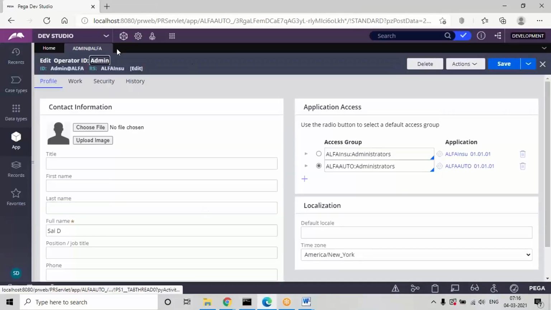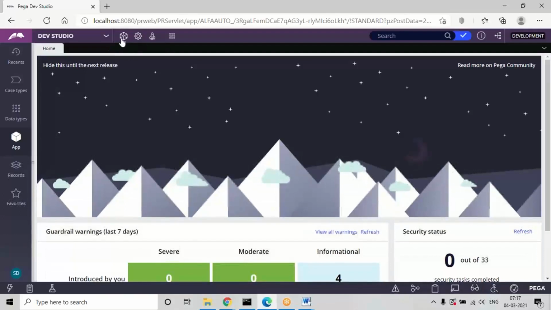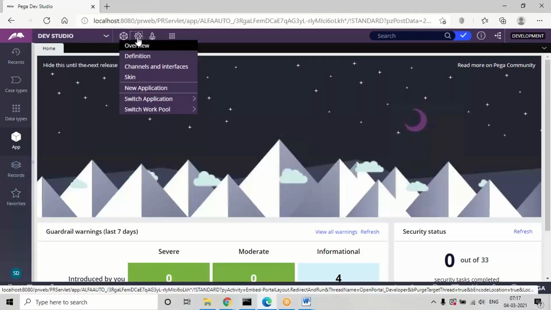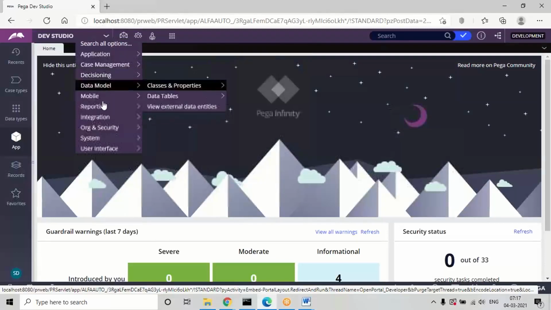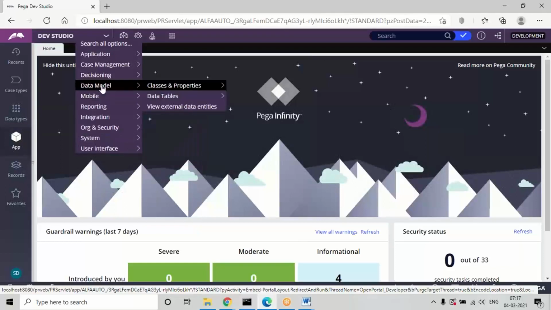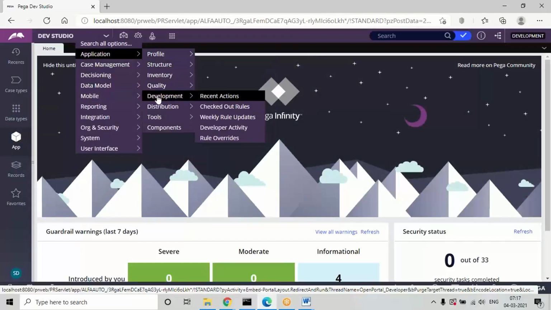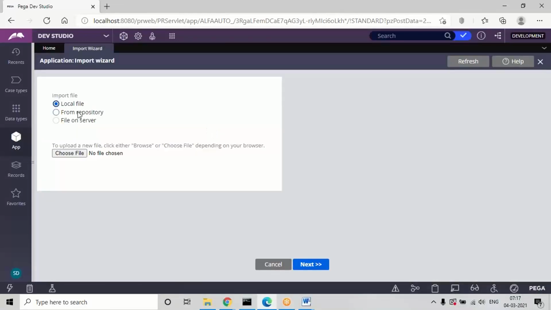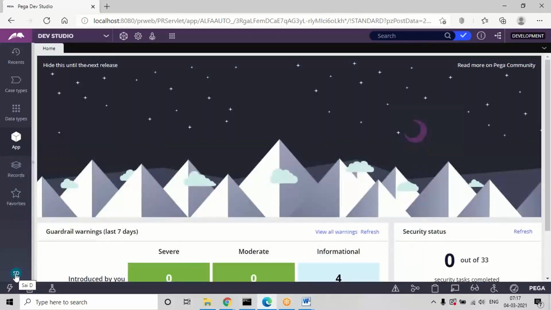But before that you need to import, right? See how to import, I'm showing the screens here. If you want to import the application, again go to this process, whatever file you have in the download folder or somewhere in your system. Here again go to application, distribution, and choose import, and choose the file from the local system, and in the next two steps click on finish. Browse for the file, click next and finish.